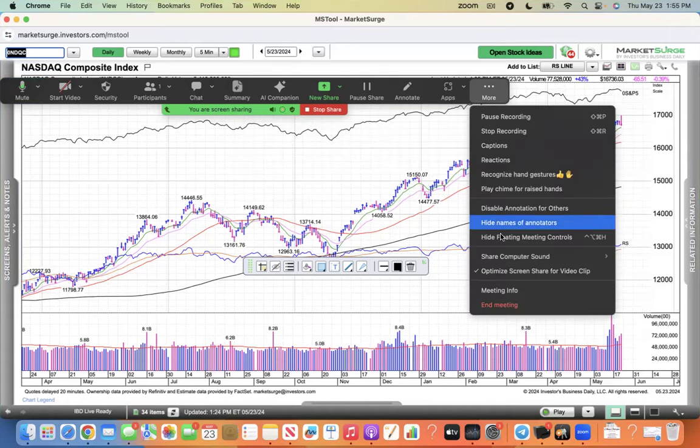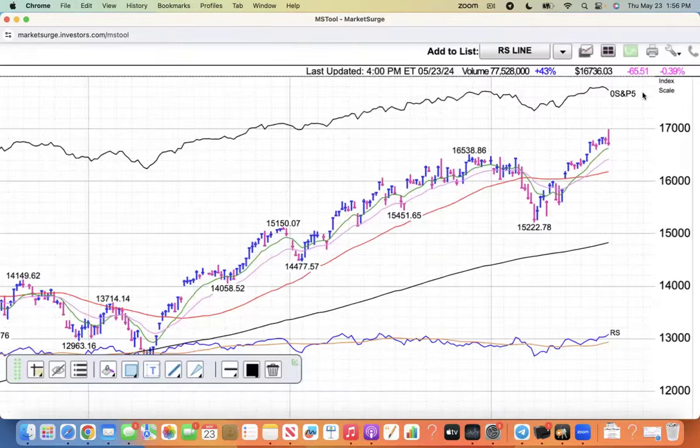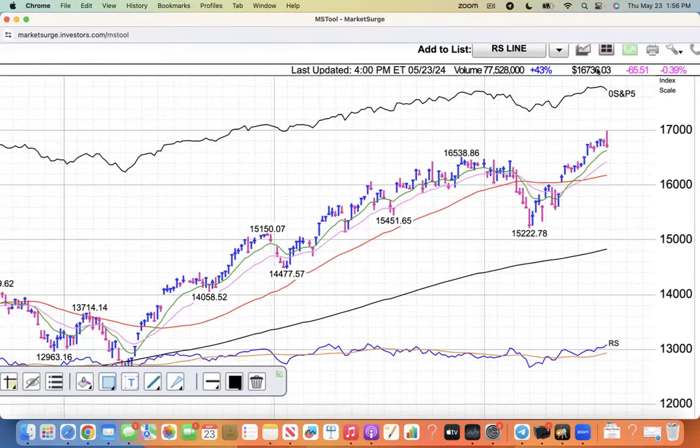You are looking at a daily chart of the Nasdaq. Today is Thursday, May 23, and the Nasdaq traded at a new high today and then reversed lower, still well above its moving averages here. The index fell 65 points or 0.39% and closed at